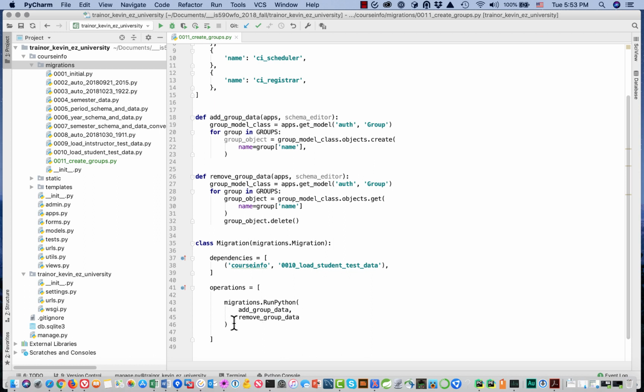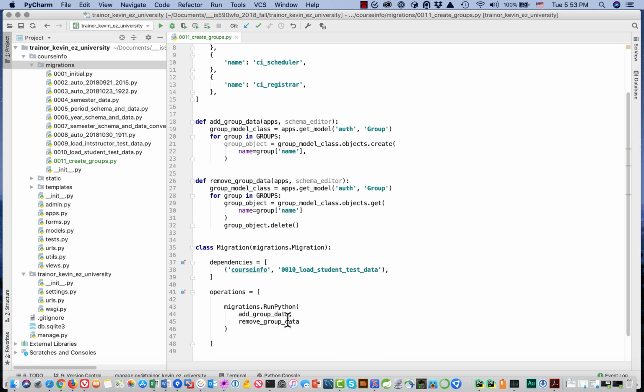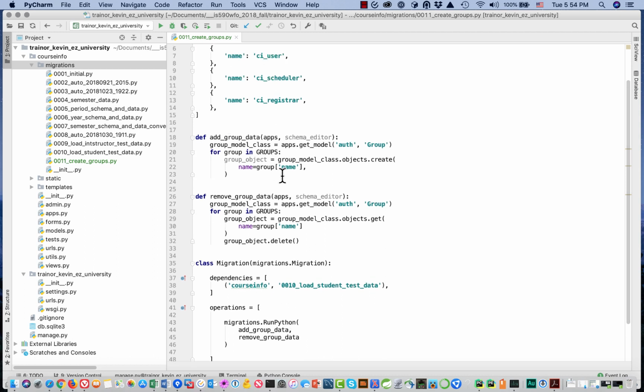Okay, and we've got one operation, a run Python, just like we do in all of our data migrations. The forward version is called add group data, and the reverse, the backout, is remove group data. Okay. And so what do we do in add group data? Well, we get